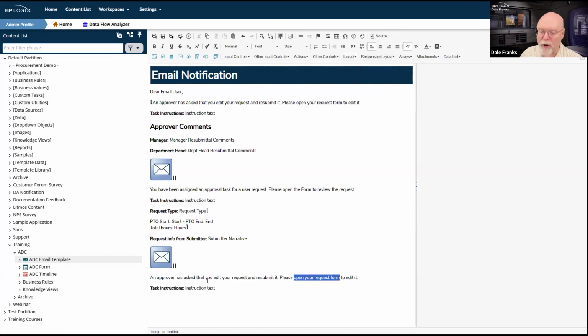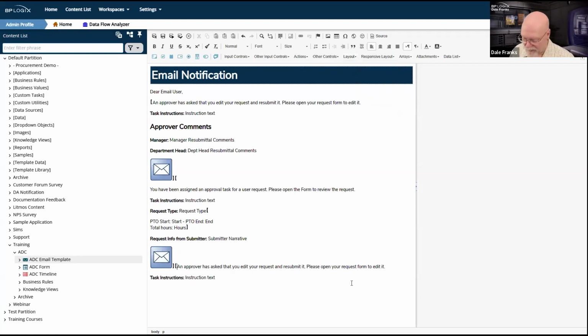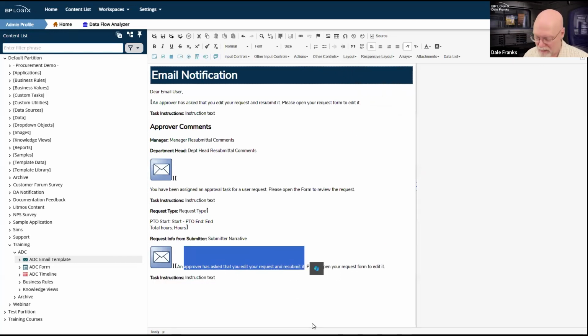So again, we need to drop in an embedded section, which we'll call section HR. And we'll just put our generic notification in there. I want that generic notification to start right there after my embedded section. And in this case, a request requiring HR action has been assigned to you.